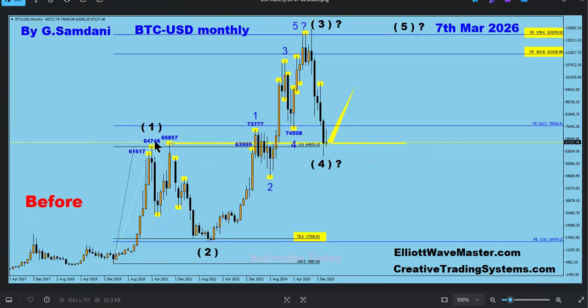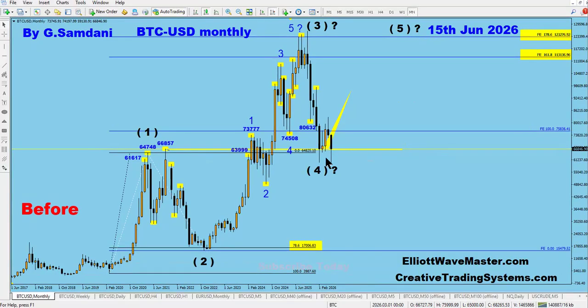We were at this number, and today we are back at this number again. Let's see if this number holds, this or this, just pay attention to that. Maybe it will wobble a little bit because of some kind of news or something. But this is the area that I think very strongly will hold, and we will go to the upside. The next number to the upside would be like 73,777.